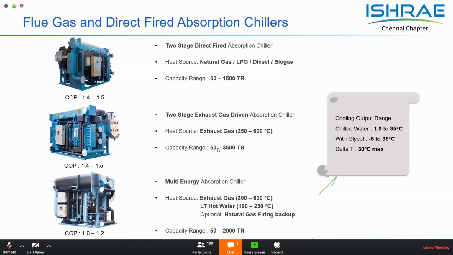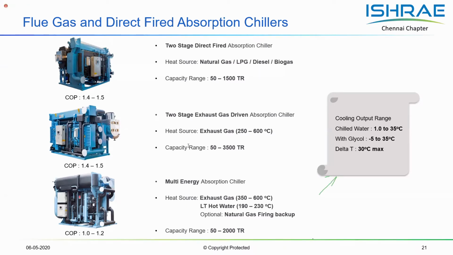If the economics work out well, it can be used for commercial air conditioning as well. Shopping malls or office complexes can also use a direct fired absorption unit, which is a very popular way of doing air conditioning in various countries where there is gas available across the country. And if gas is not available directly, or gas is available but it is not viable enough to run a direct fired unit, the next best option is to go for an exhaust gas driven unit, where the exhaust gas would be delivered from the engine, which will be used for power generation.